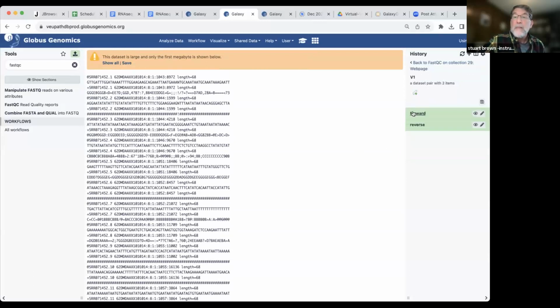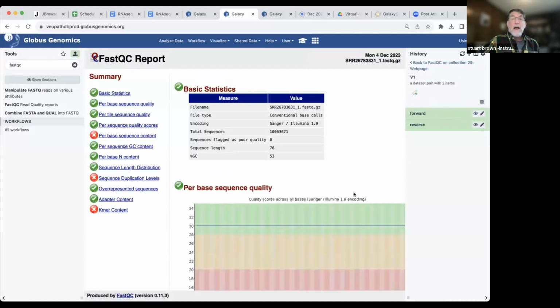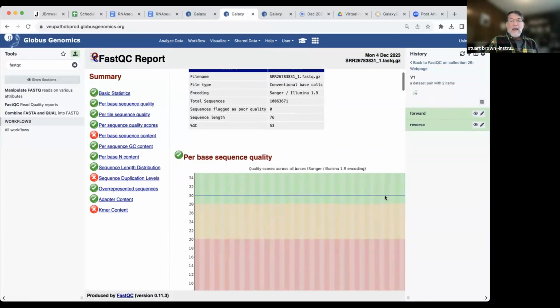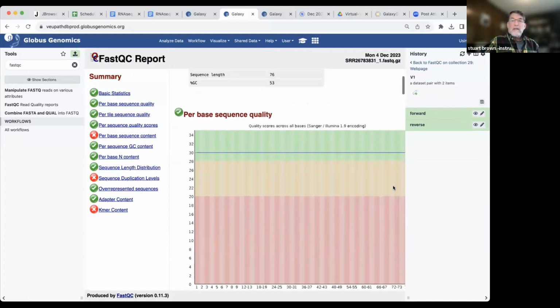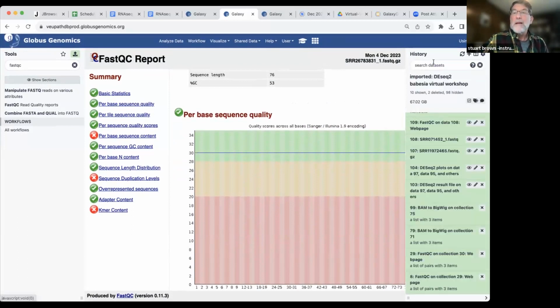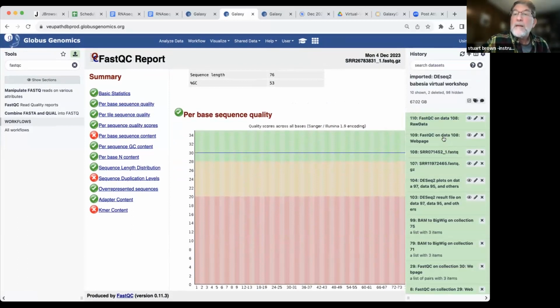So if you click on the FASTQ of that and then on this little I button, you get the graph. I don't exactly know why this happened, but for these data files, the FASTQ did not read the quality scores properly. And I loaded another data file